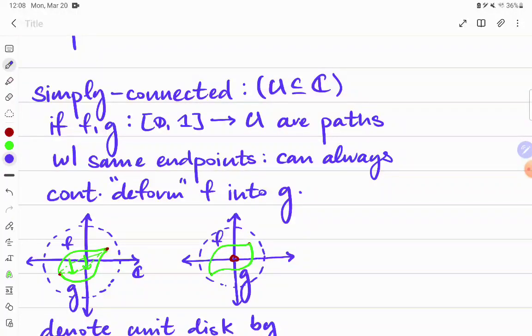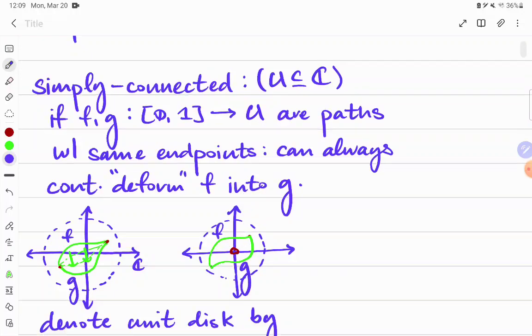So this region on the right-hand side is the punctured unit disk of radius 1. It's the same as on the left, except now we're removing 0, so 0 does not lie in the set. Now if we take two arbitrary points, let's say diametrically opposite, and paths between them that lie on either side, there is no way to continuously deform f into g without passing through this hole in the center. However, the hole in the center does not lie in the set anymore, and this is not allowed. So there's no way to do this while remaining in the set U.